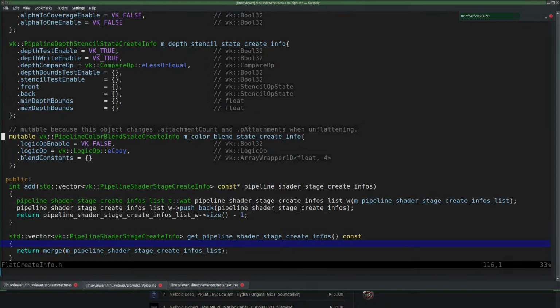What is that? Mutable because this object changes dot attachment count and dot p attachments when unflattening. Yeah, well, it's all nice and dandy, but